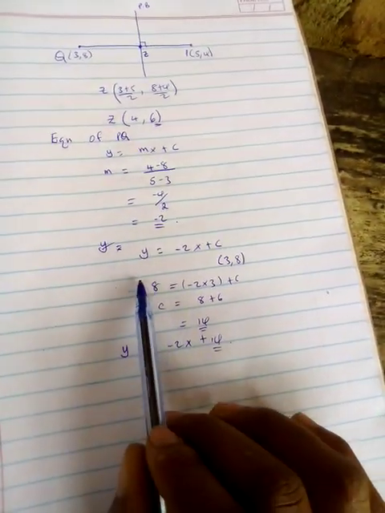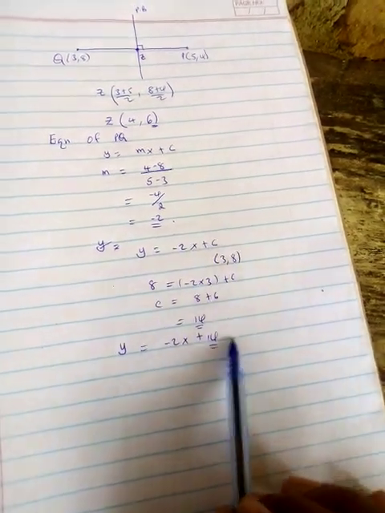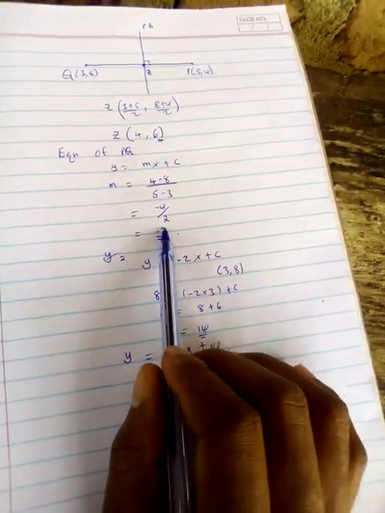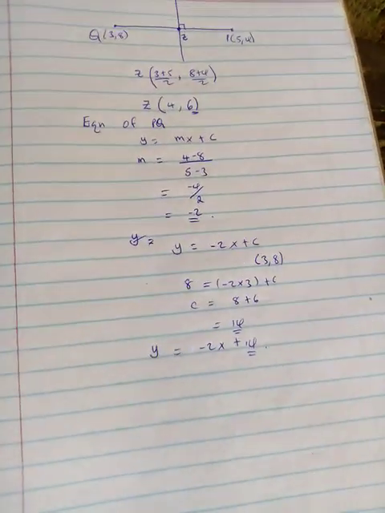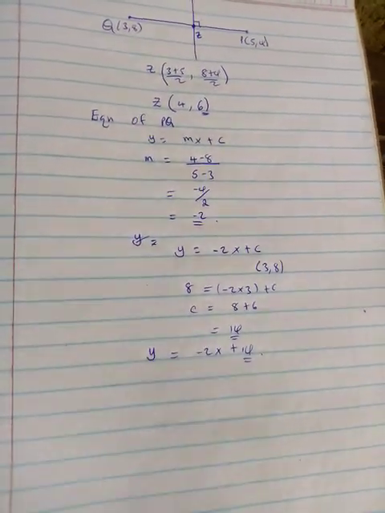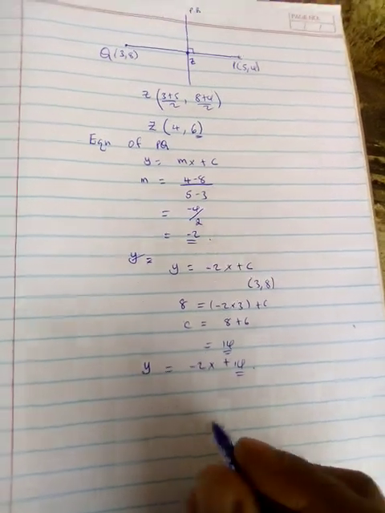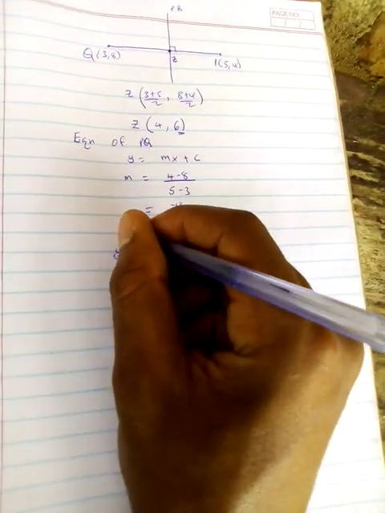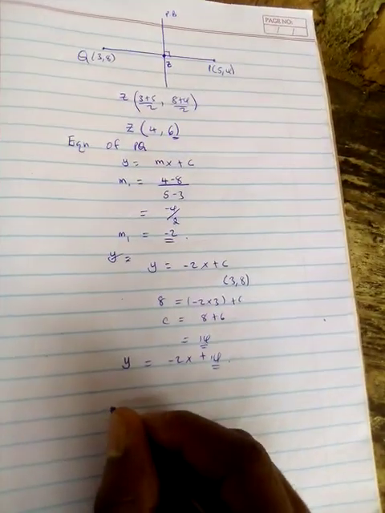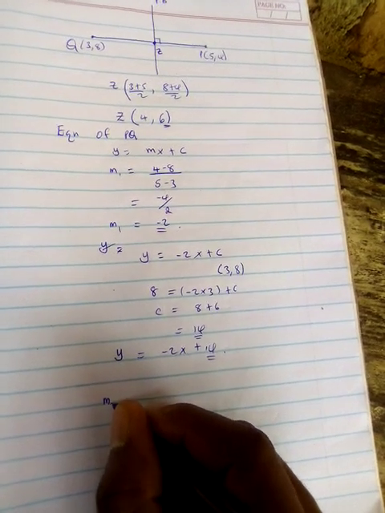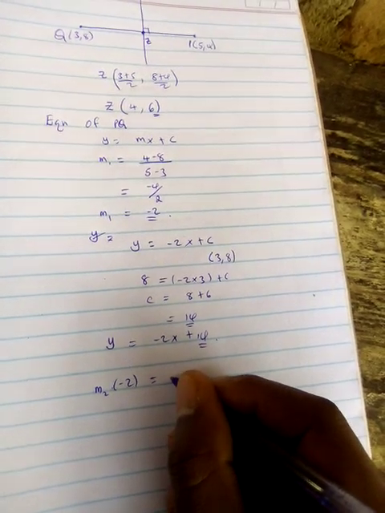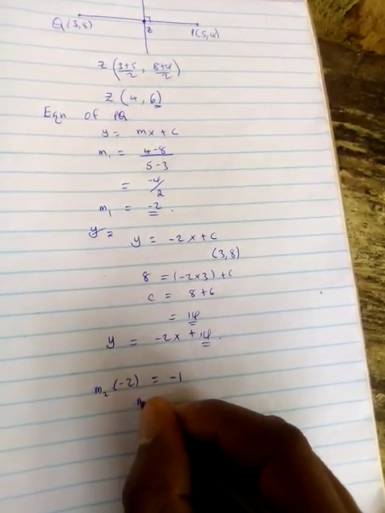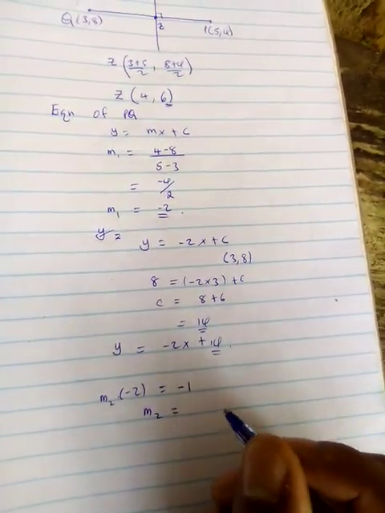But I can ignore this portion and go direct, obtaining the gradient of the perpendicular bisector. If I call this one m1, I know that my m2 multiplied by m1, which is -2, gives me -1, such that my m2 will equal